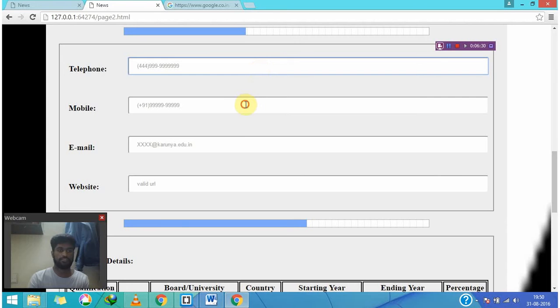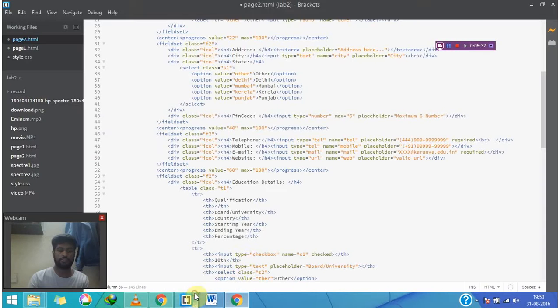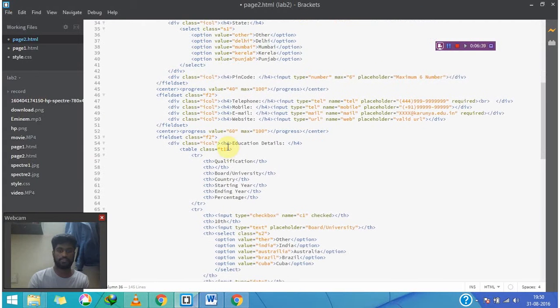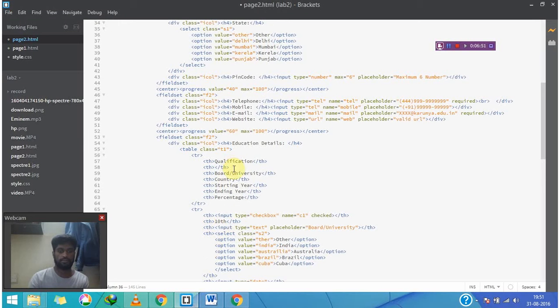I'm supposed to enter the telephone over here, mobile number over here, email address over here, and a website over here. This is followed by a progress bar, and as you can see, the value is 60. So 60% of the progress bar out of 100 will be blue in color. Now after this I am supposed to print this whole big thing called educational details. This is a big thing with important things, so I'll make a table for this, and for the table I am using the table tag, and for